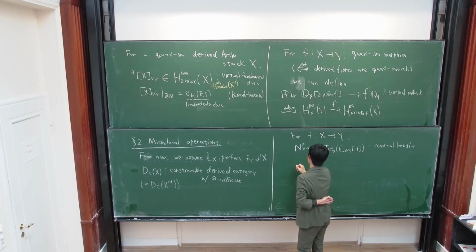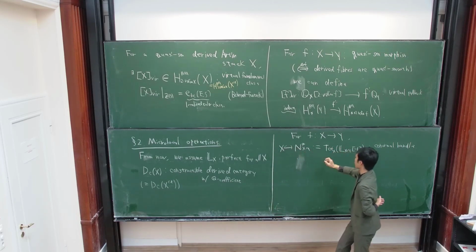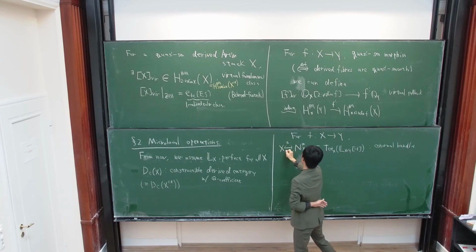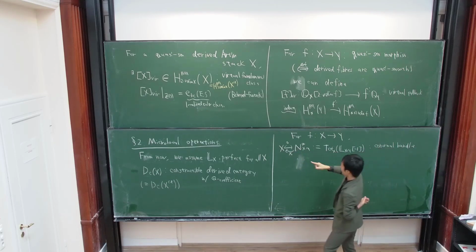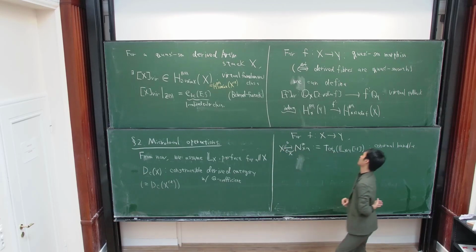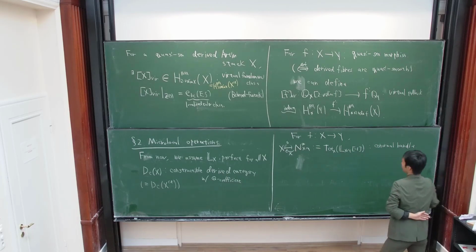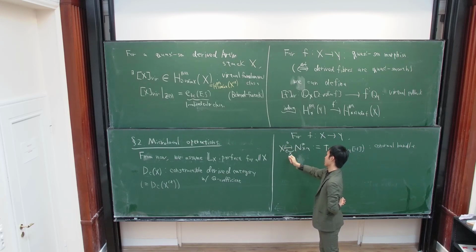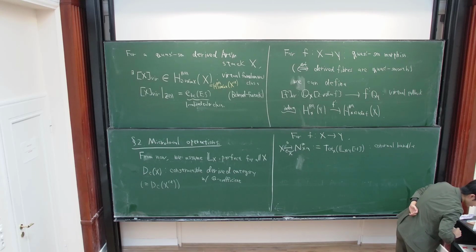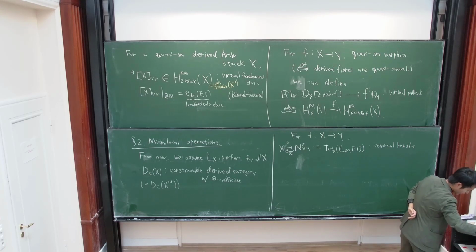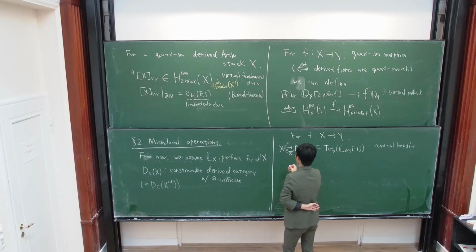And we have a zero section map from X to the conormal bundle, and we have a projection from here to here. This is not a closed immersion in general, because it can be a stacky vector bundle. Anyway, we have this morphism such that the composition of pi and 0 is the identity map of X. Perfect. So now we can introduce the derived version of microlocal operation,